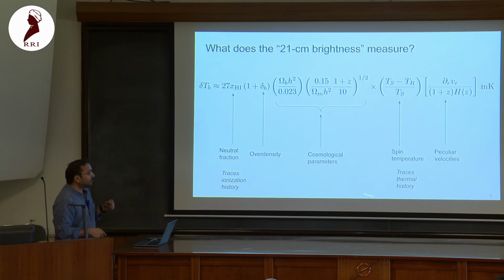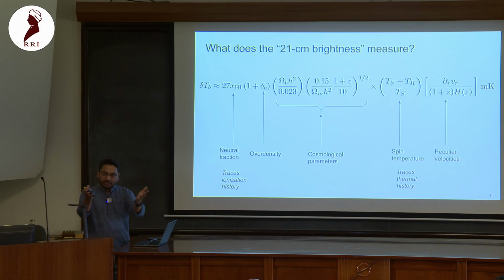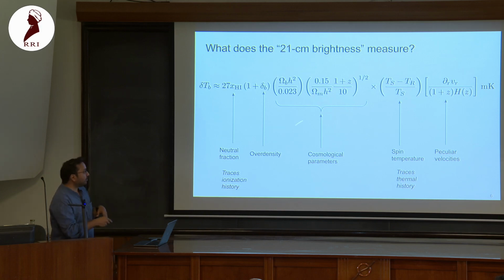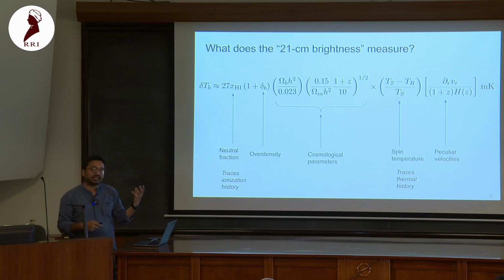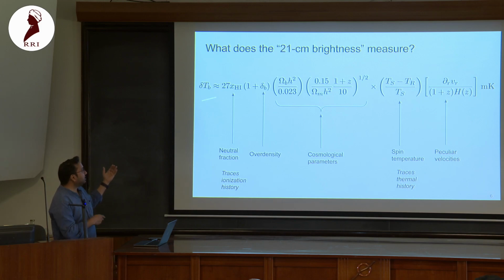So we are also able to trace the thermal history, and these temperatures in turn depend on the first sources and how the radiation propagation happens. So in some way we can construct models and generate different templates of how the brightness temperature would change with redshift, or here redshift also corresponds to frequency. So how the signal will look like at different frequencies.